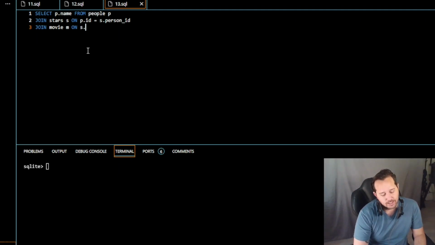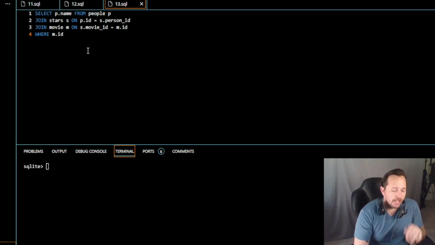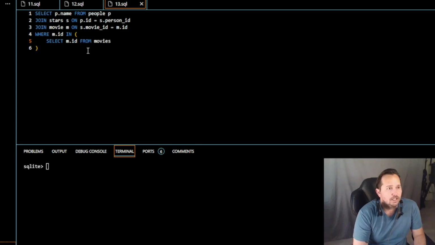We're going to do s.movie_id equals m.id, where the m.id is going to be in, and now we have to begin our selects, right? So we need to, oh, did that go in there right? Perfect, okay. So we need to select, we're going to do m.id, so movie ID, from movies m,